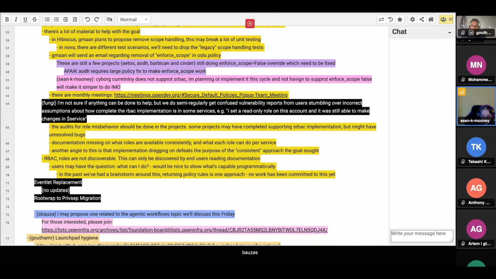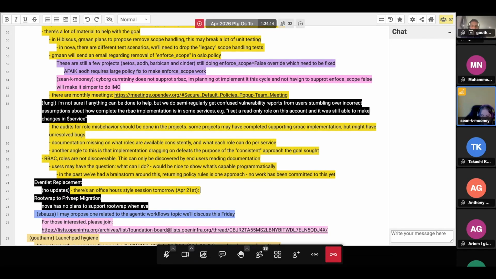The impact for Nova is that Nova moved everything to PrivSep except that it still needs to use rootwrap for os-brick, because os-brick doesn't use PrivSep. So there are gotchas like that, where Nova is technically rootwrap-free except for that one place, right?